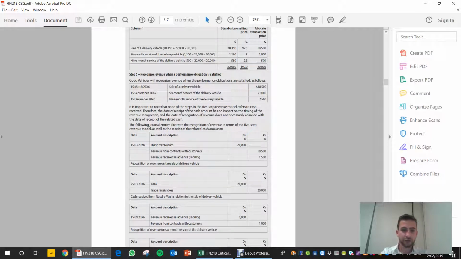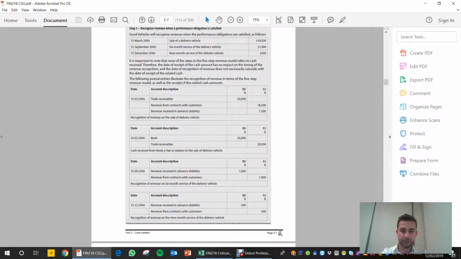Okay, so this point here is just about how none of revenue recognition in accounting is to do with when you receive cash, because we are purely on an accruals basis. So if you look at the journals, this can be a little bit confusing if you just look at it up front, but if you think about it in a certain way. So first of all,